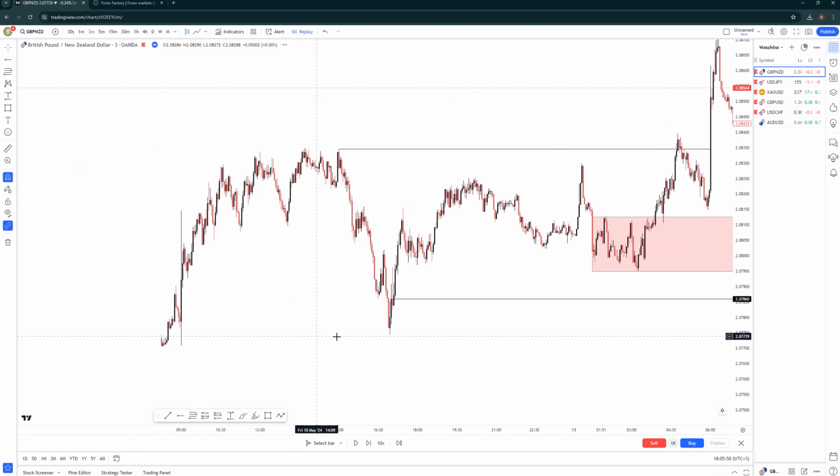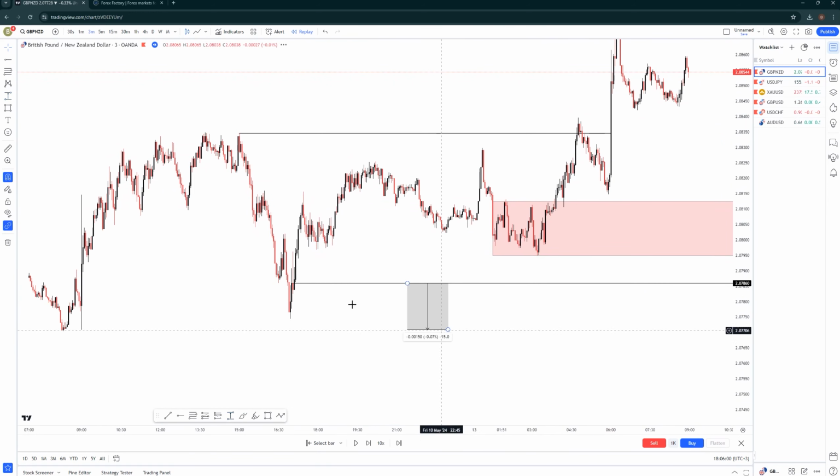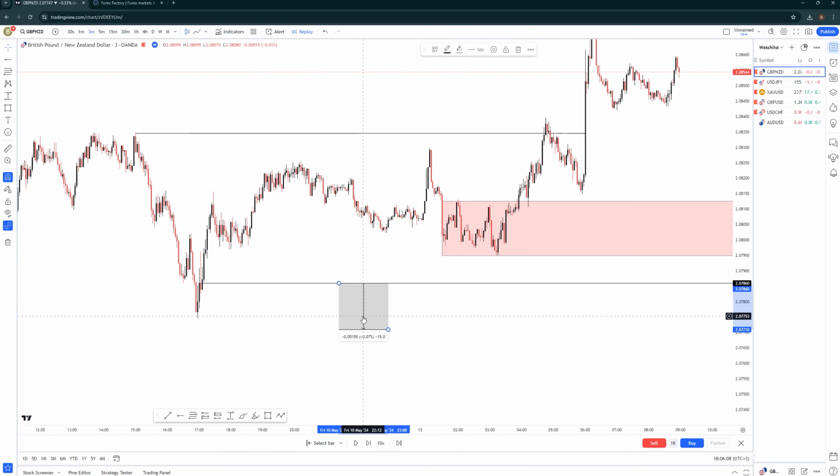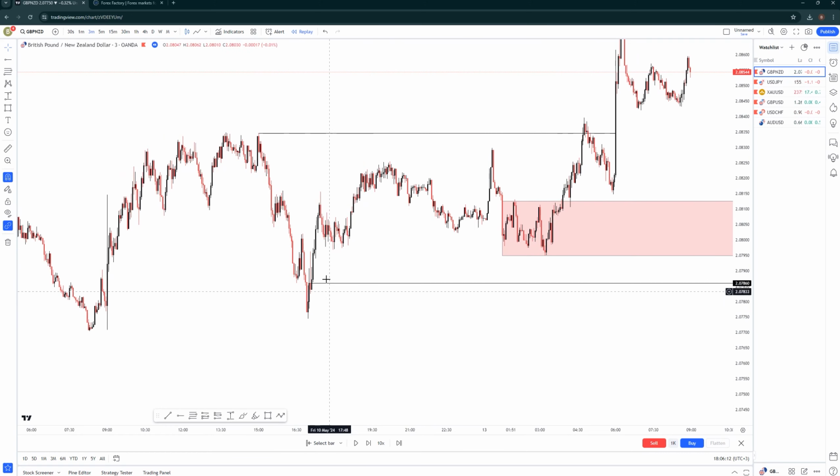But also you can see, let's try to measure a stop loss. Let's put a maximum stop loss of 15 pips, because when you try to refine this area, you won't see anything inside this area because there was no liquidity. So this is where I took my entry